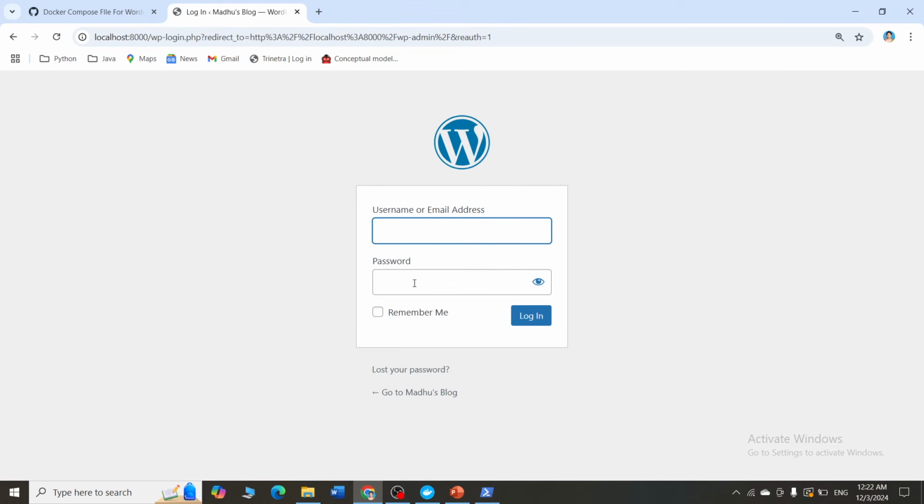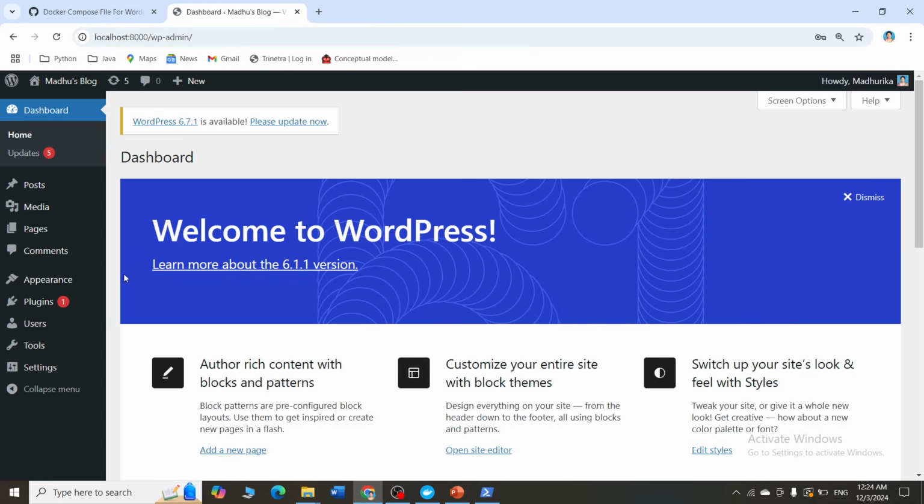You can do any number of modifications. So this is how you will get a page in which you have to write your email ID and password and log in into it. Okay, I have already logged in, so it is just asking me username and password. For you, it might ask you to sign up if you are using it for the first time. Give a valid username and password so that you will log in into your WordPress. Okay, see, you can see that I'm able to log in into my WordPress. That means I'm actually interacting with WordPress.